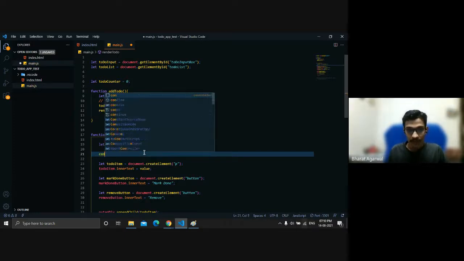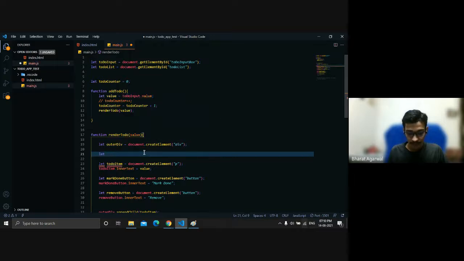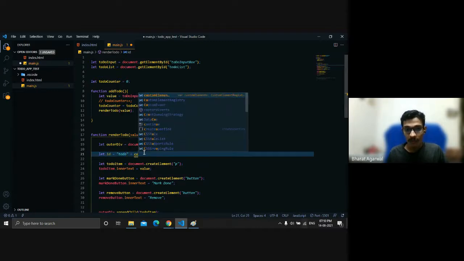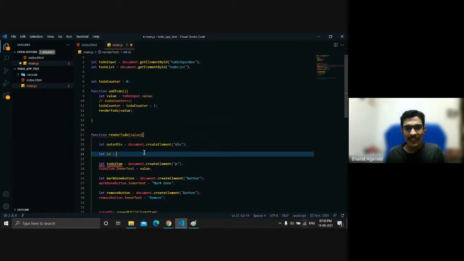Let me do it as something like todo plus a counter, or to be precise, let's give it the ID as the todo counter only.